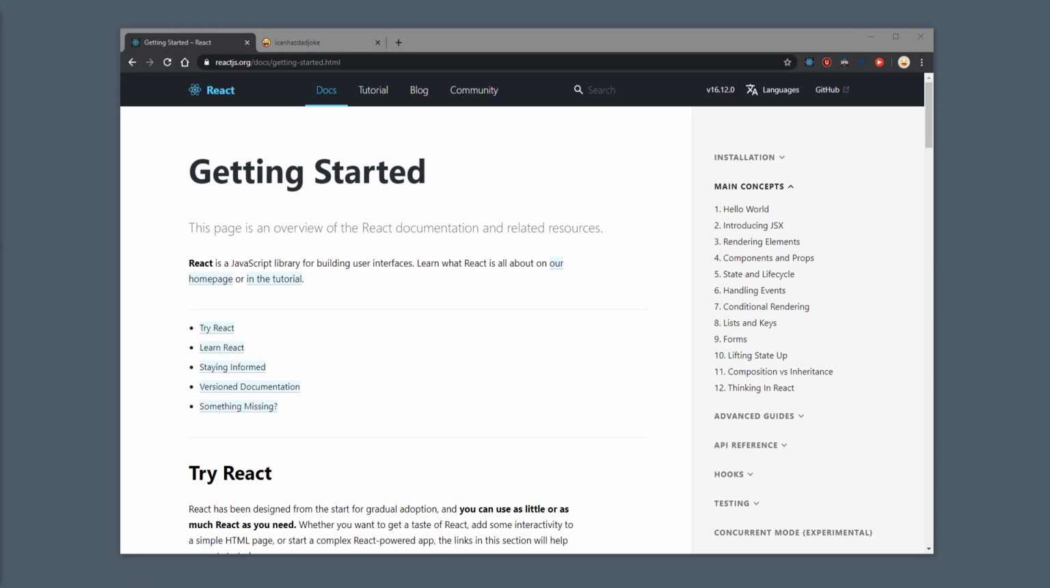I'm going to be showing you guys how to build a small web application with React. We're going to be using functional components and hooks. If you've never used functional components or hooks, I would go take 5 or 10 minutes to go to the